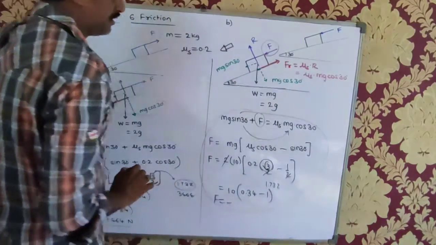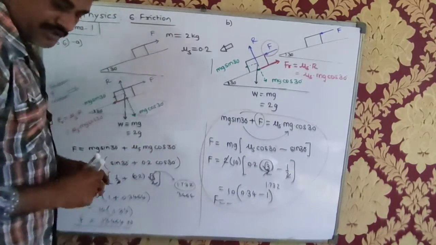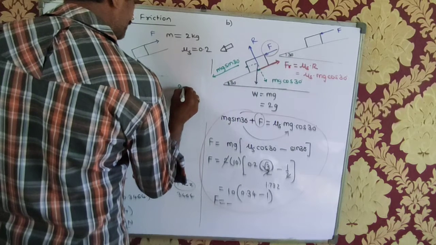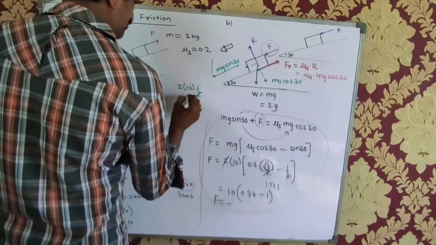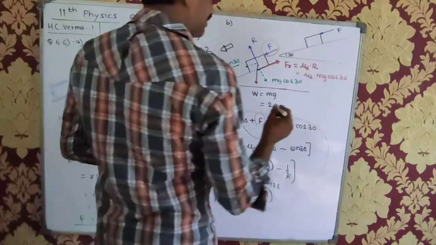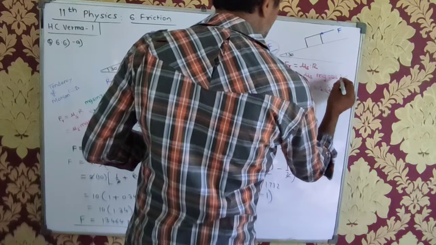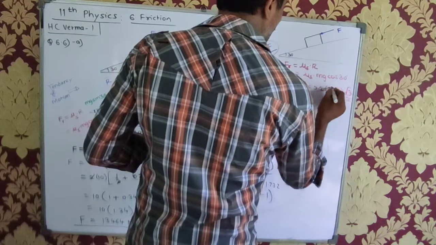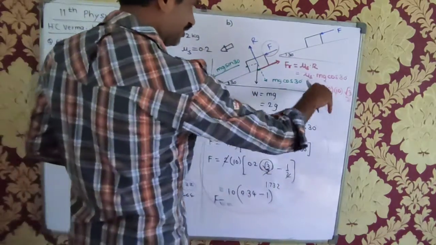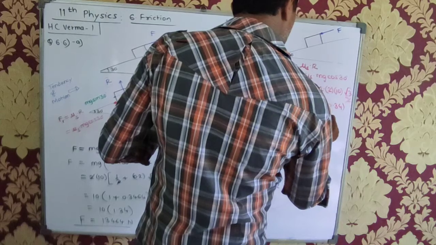Forget about this f. But if I compare this green force and red force, this green force is what? mg sin 30. How much does that come to? Calculate. m is 2, g is 10, sin 30. So what is the total downward acting force? 10 Newton. Now let us calculate the upward acting friction. mu s 0.2, m 2, g 10, and this is root 3 by 2. Correct? Yes. 2 cancel. Now this is nothing but 10 into root 3, which is 1.732, into 2, that is 0.34. That means 3.4 Newton.